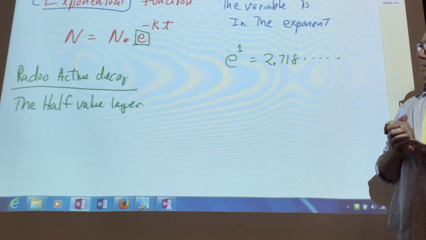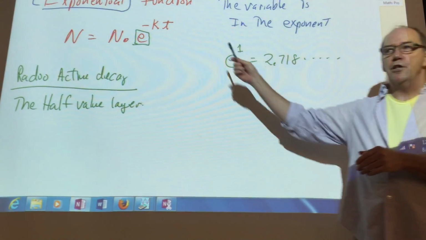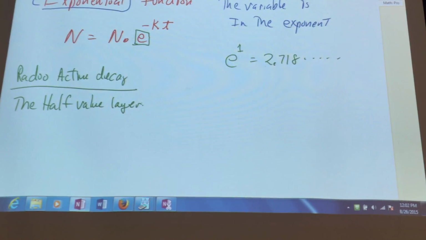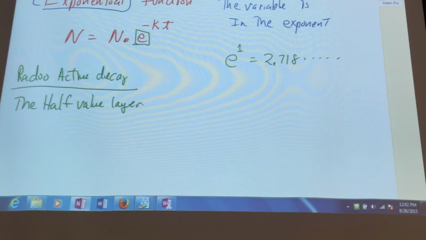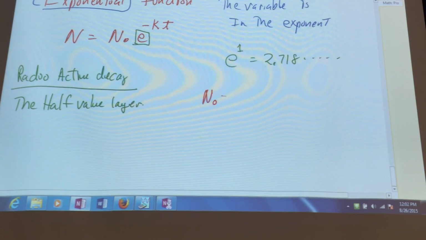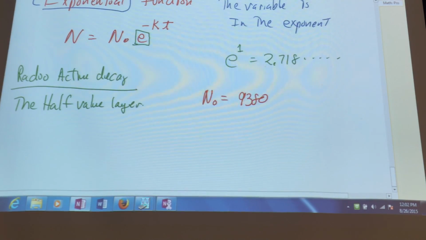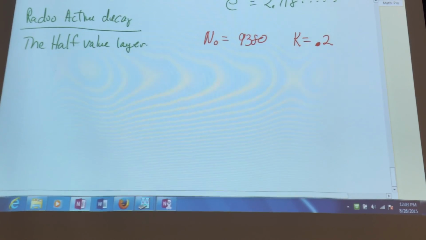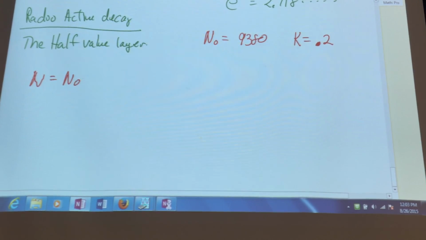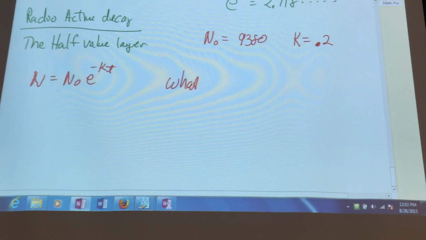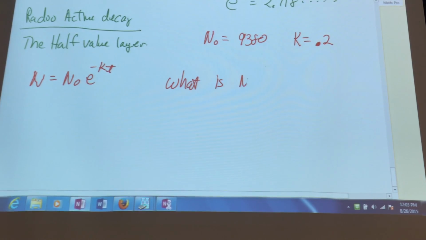But what we want to do here is just play around with some of the math involved in dealing with this equation. That's all we're going to do, play around with some math. Let's just try something, for example, N0, let's make that 9,380. And let's make k equal to 0.2. And I need my equation back. N is equal to N0 e to the minus kt. What is N? And t is equal to